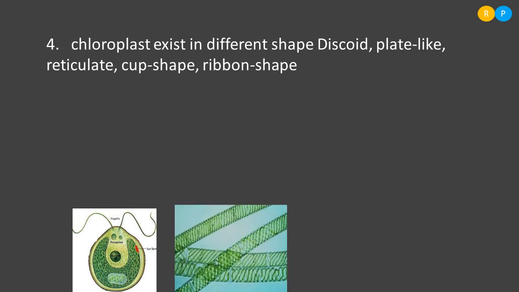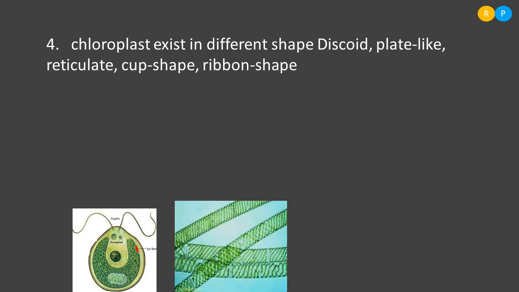And one more example I will show you now. This is the Spirogyra. As I told, it is a filamentous alga where we can find ribbon shaped chloroplast. We can clearly notice that ribbon shaped, coiled cell organelle here, which is actually the ribbon shaped chloroplast. So in these examples we can see the chloroplast is not the same in shape and size in all the species. Depending on the kind of species, the shape of the chloroplast also changes.